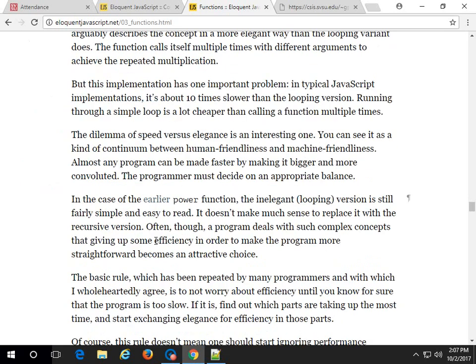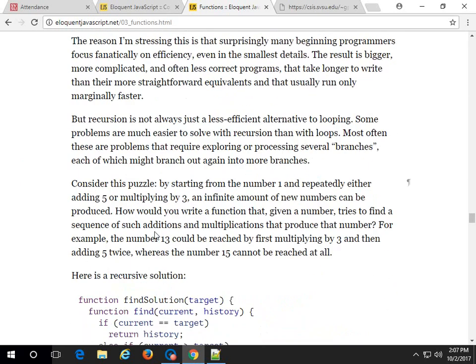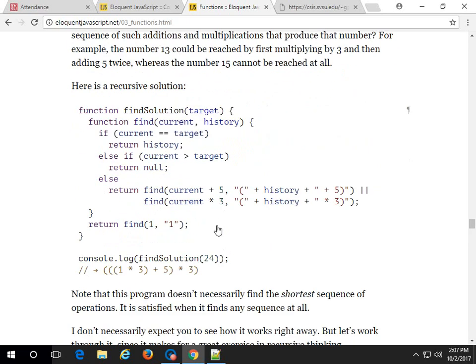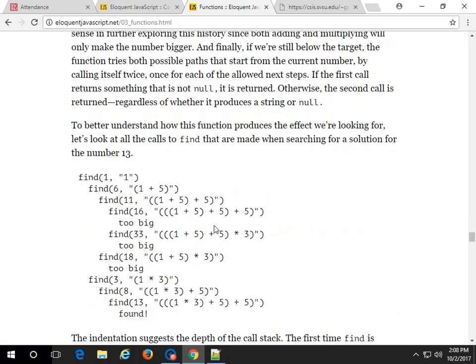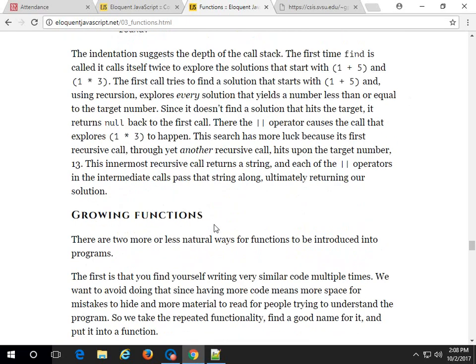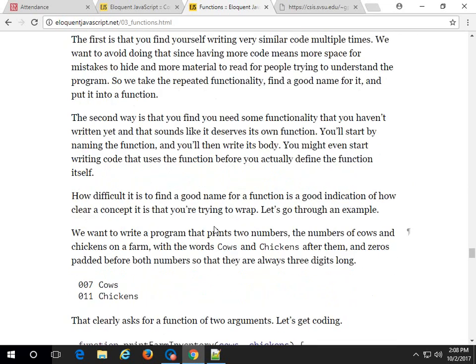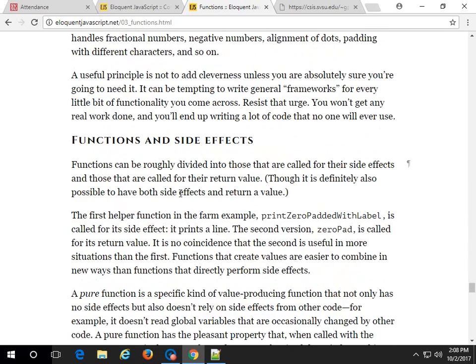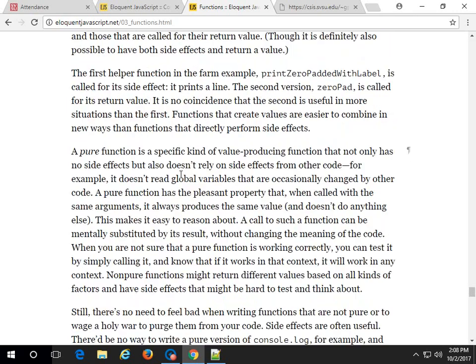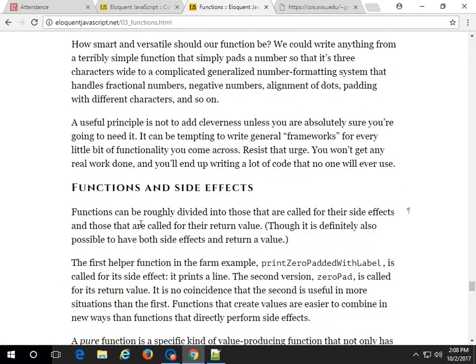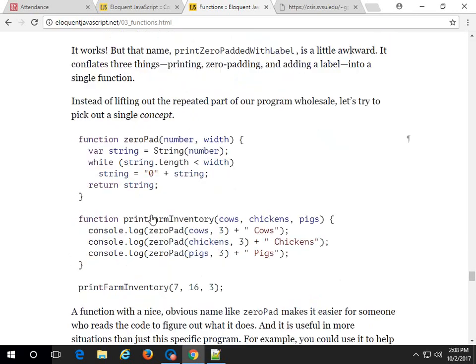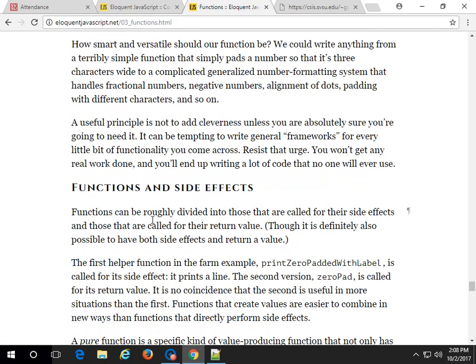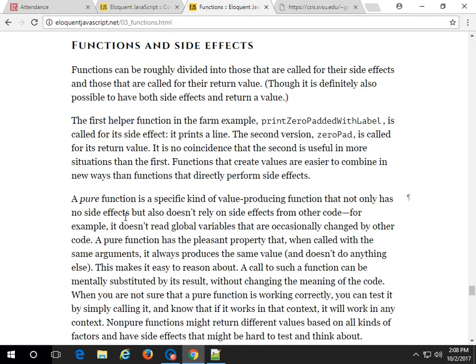So, I don't know. We can dig more deeply into this, but I'll let you guys go ahead and tackle the rest of this. This is longer than I thought. Oh, okay. So recursion, we can go into it as deeply as you want, but I think that explanation is fine. Let's just wrap things up with the last